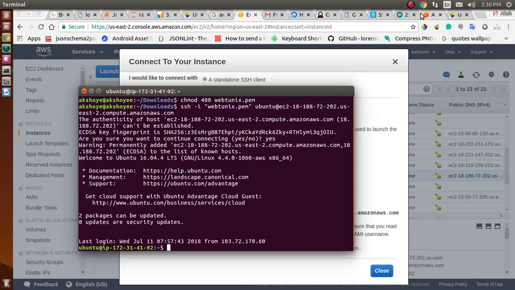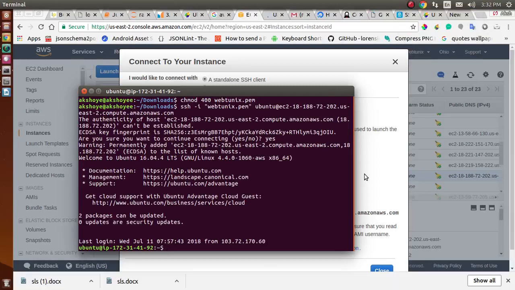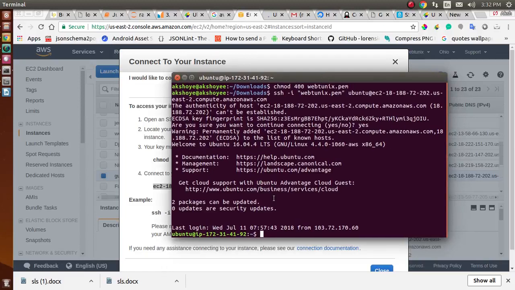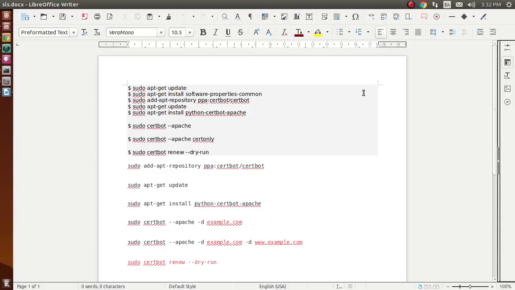So friends, now I will discuss how to set up AWS Certificate Manager in AWS step by step. Firstly, we connect with the instance, and after connecting to the instance, we install some libraries using this command.